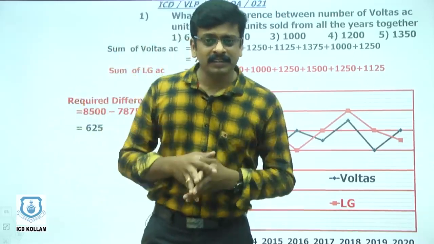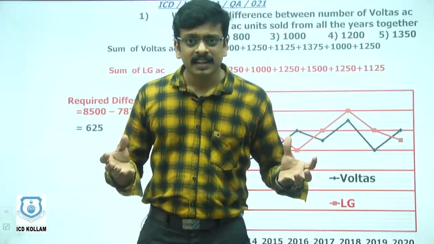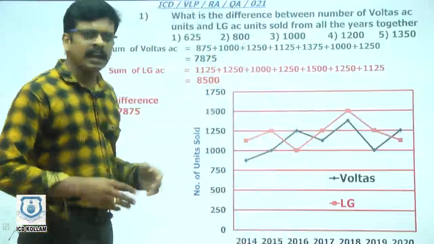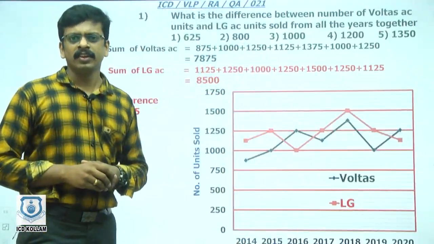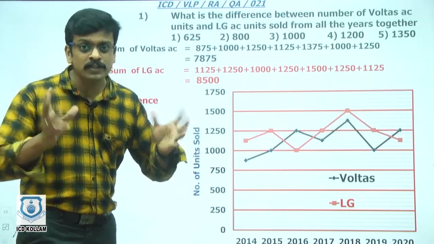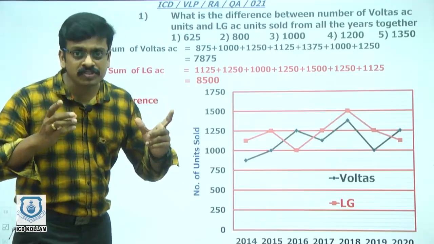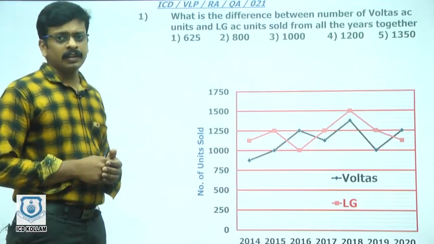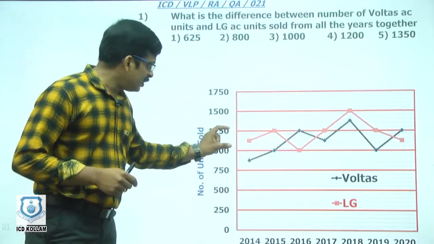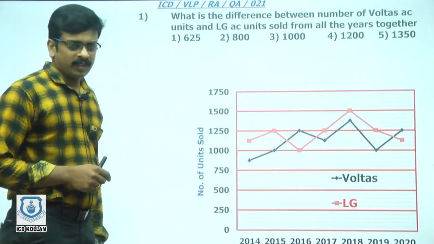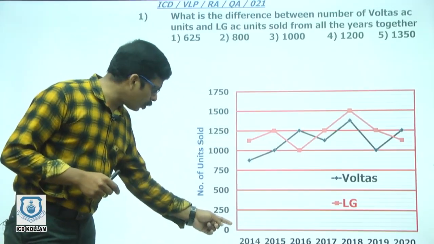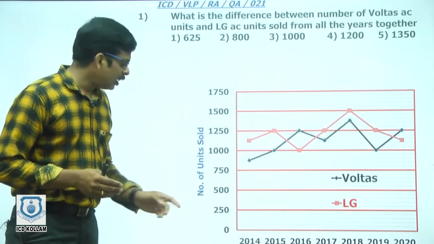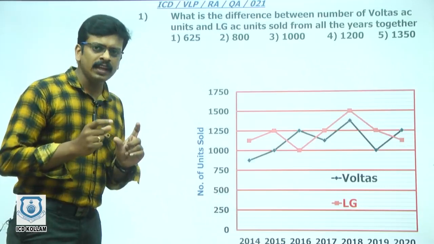Have you ever wondered about a method where, by just looking at the numbers, you say the answer? That is the ICD special method. We are going to discuss that method now. Here I am using the block concept. We know here 0 to 250 is the first block, meaning the value is 250 and the block is 1.